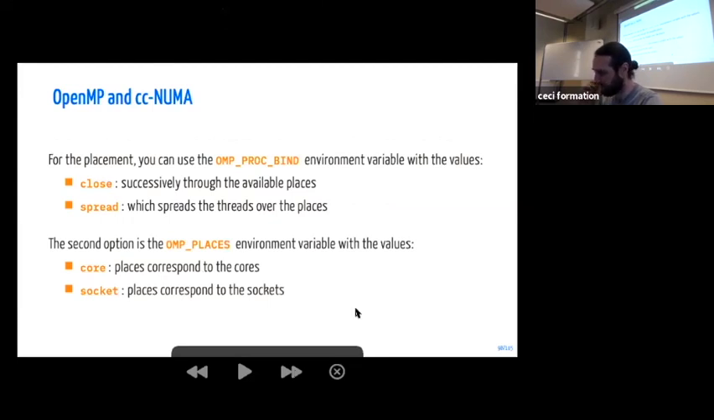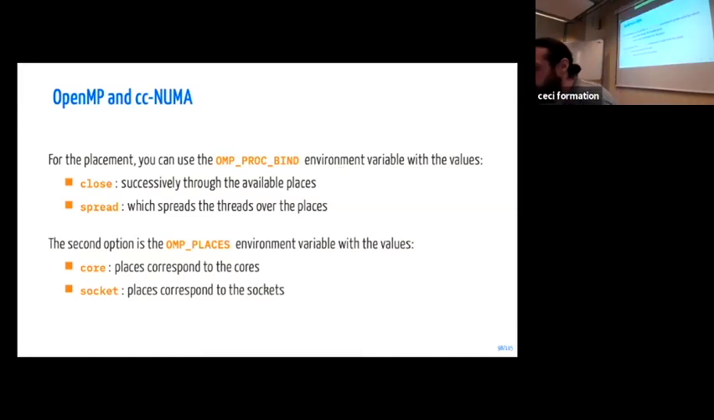And so how can you define this? You have two environment variables that help you decide how your threads will stay and be bound to the cores or the sockets. So you can use OpenMP proc bind, which says that you want to pin your threads to a particular core, and that you want to distribute them either close, so successively through the available space, or spread, so spread the threads over all the available places, cores, or sockets, or threads if